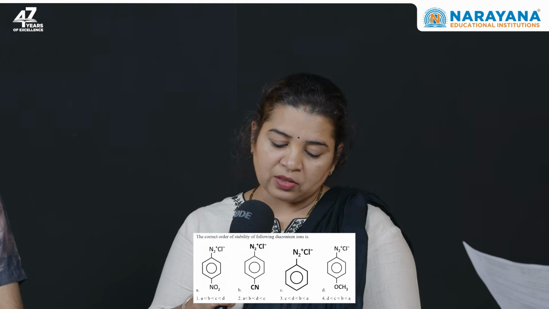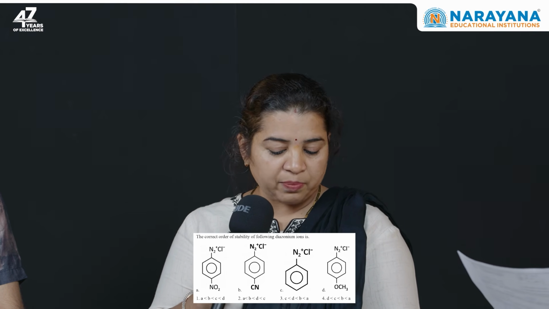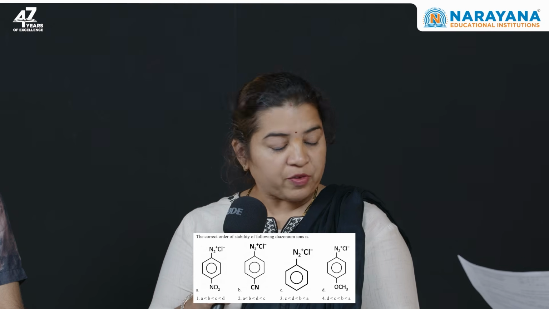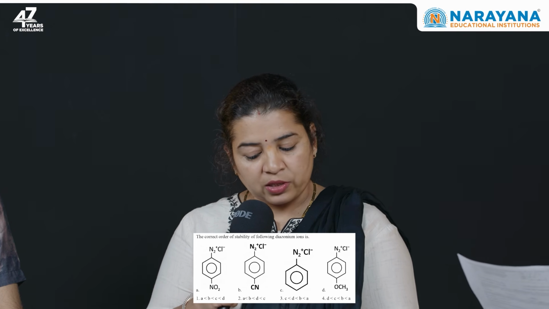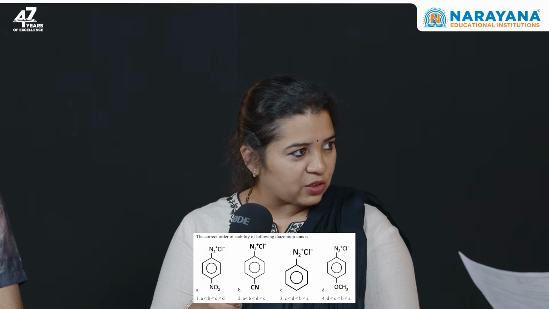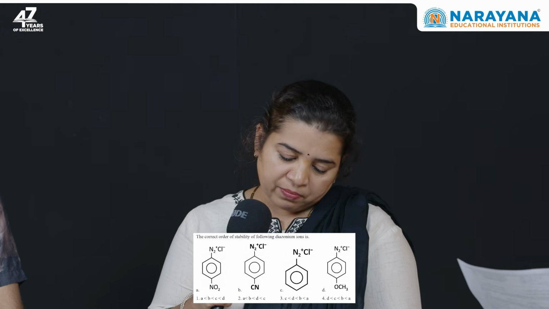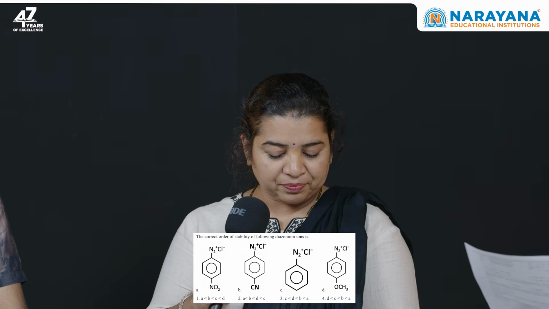All right. Question number 3. Question number 3 is relatively better than question number 2 in terms of slight pencil work or slight information required. Otherwise, it is a question from GOC, application of electron withdrawing and electron releasing groups. If they go just that far, they can score it. Perfect. Now moving on to question number 4.